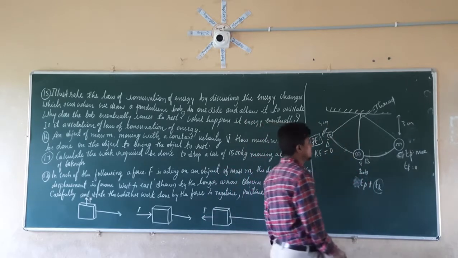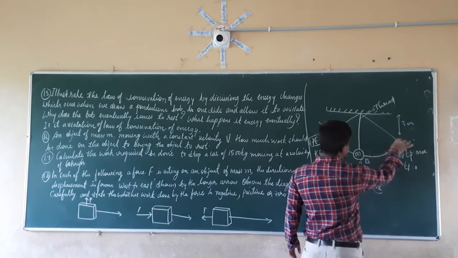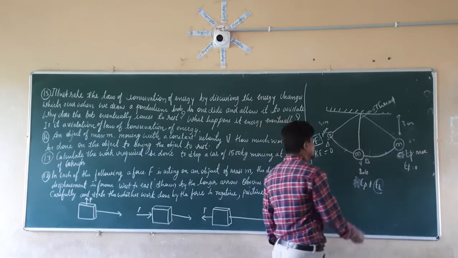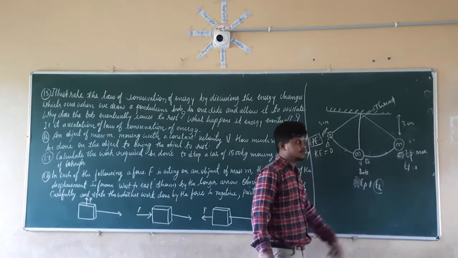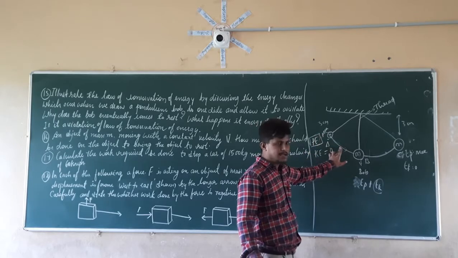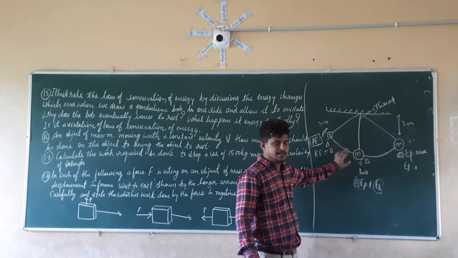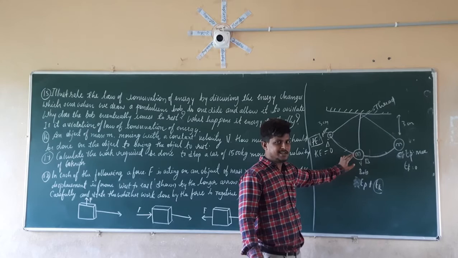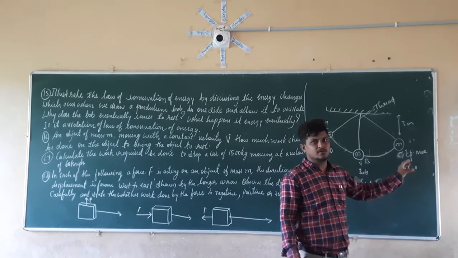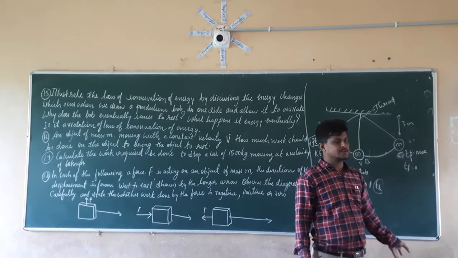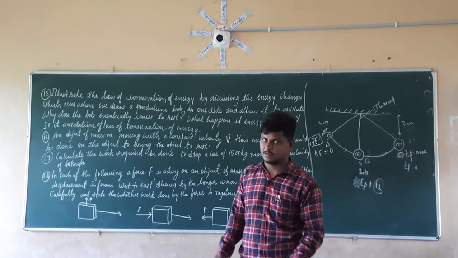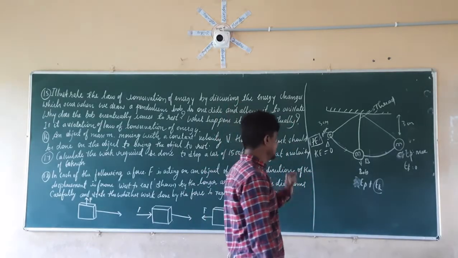Right. Again it is going to come back to this position. Again this potential energy is getting converted into the kinetic energy, and here the kinetic energy will be maximum. So there is continuous conversion of the potential energy into the kinetic energy. Kinetic energy here again is going to get converted into the potential and kinetic energy. At this point all of it is going to convert into the potential energy. So if you check at every point, there is continuous conversion of the energy.